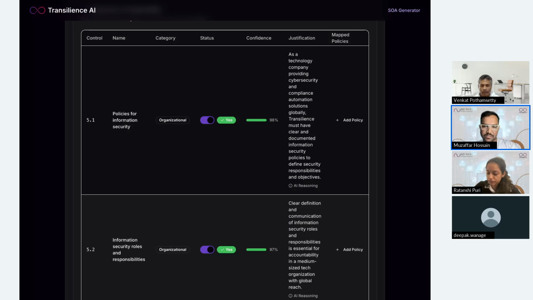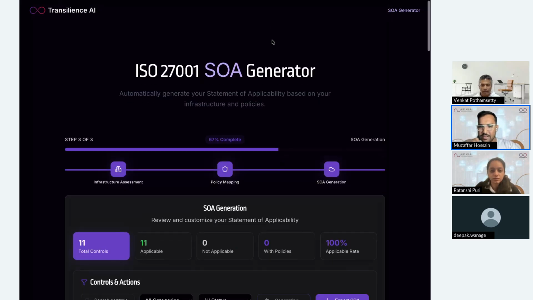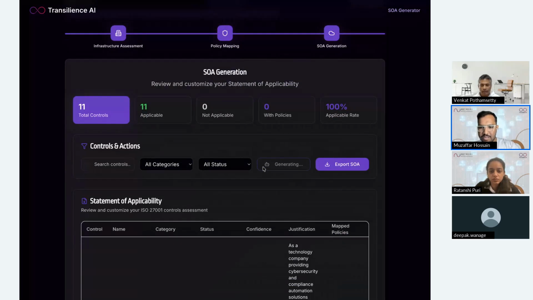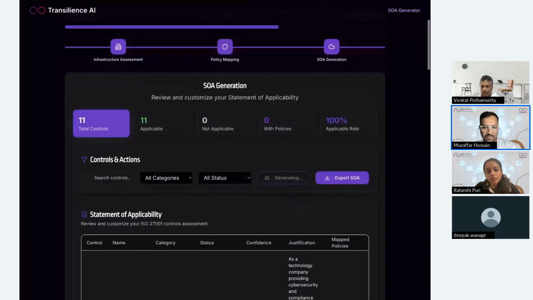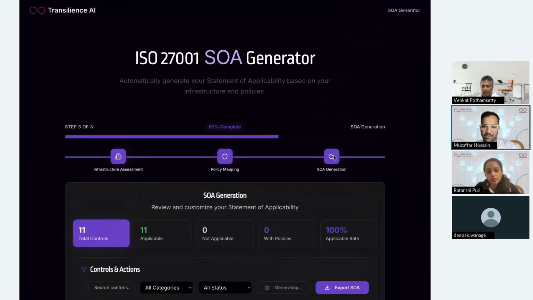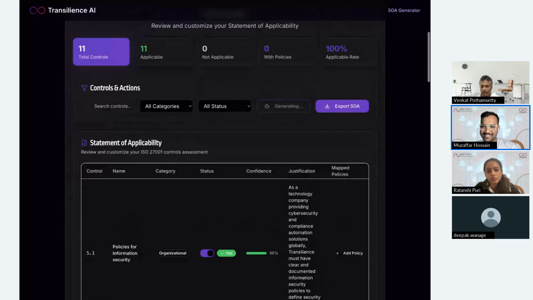Rather than go to the top, a little bit. So what we are doing here, if you notice, there's a button before export SOA, we are doing the generation part, right? It's generating. Ratan already uploaded a few policies, so we are mapping all those policies against the controls. It's taking a little bit of time, maybe 30 to 40 seconds. We already have the initial version of the SOA. Now it will map it and we will get the final version